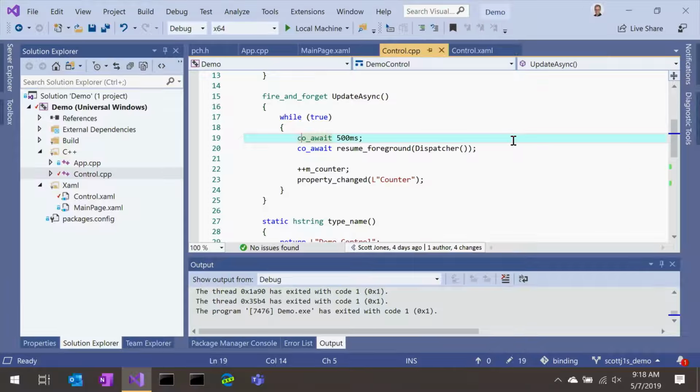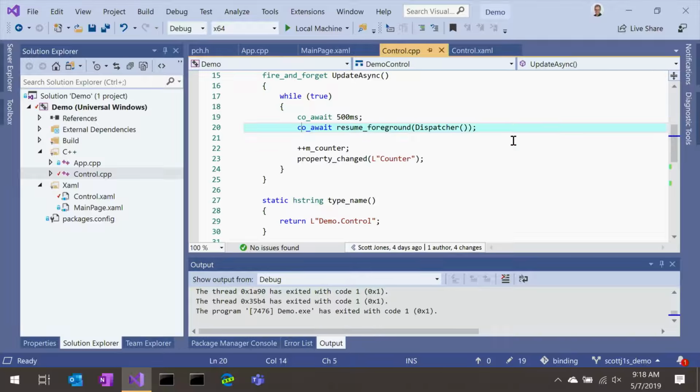The first thing it does is a co-await on 500 milliseconds, which causes a thread pool timer to be initiated, and so we end up executing half a second on a background thread, and then it returns to the foreground thread, to the dispatcher, where we increment a local m_counter variable, and then issue a property change notification so that the XAML binding can detect the update.